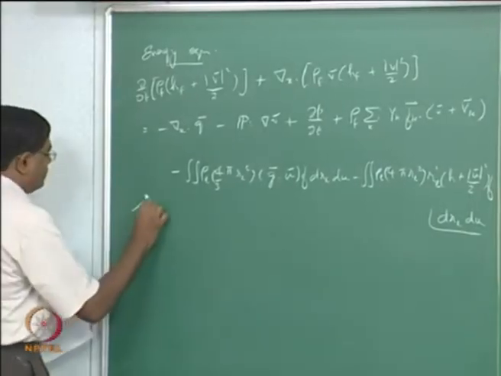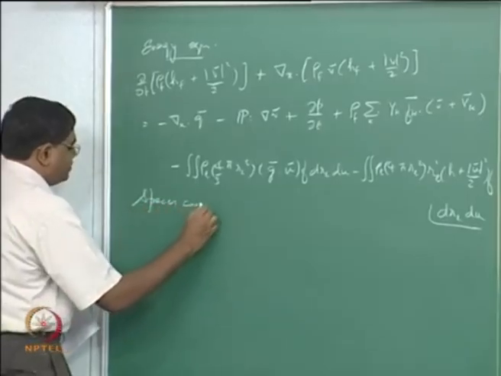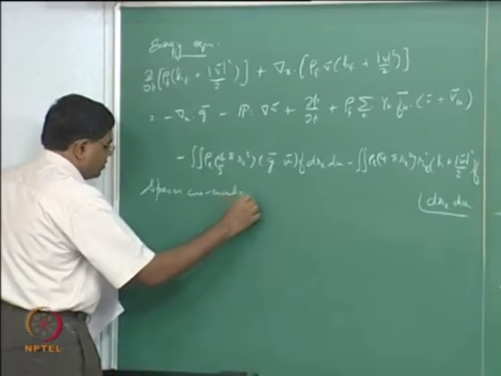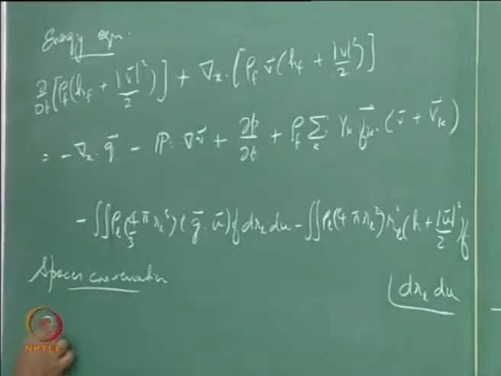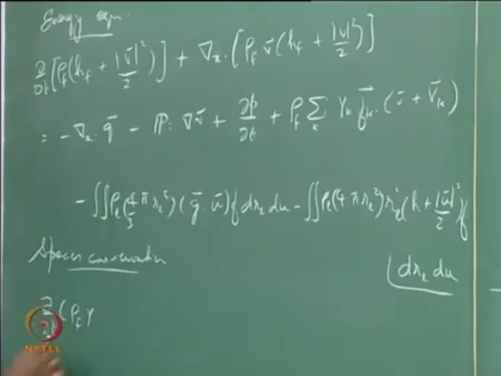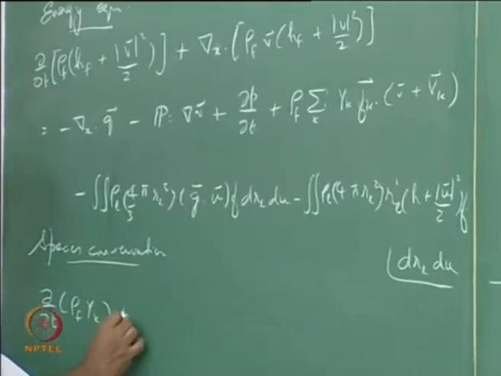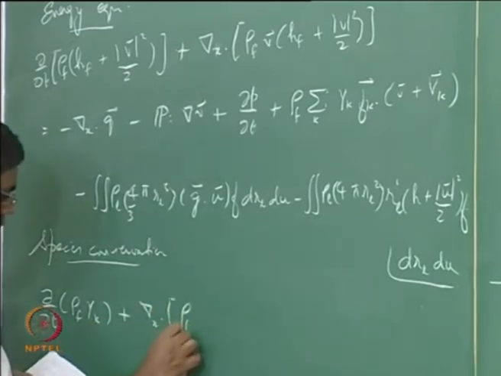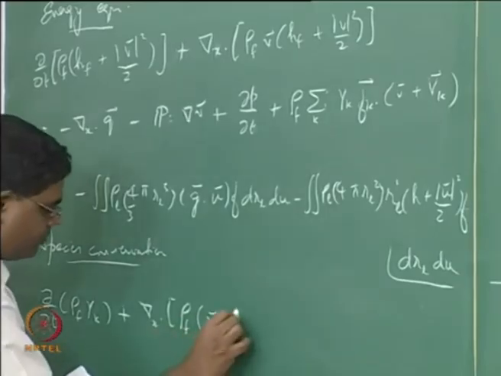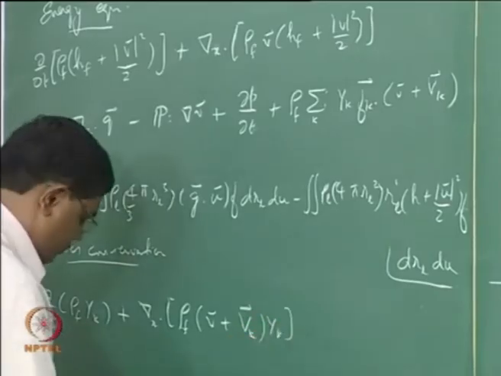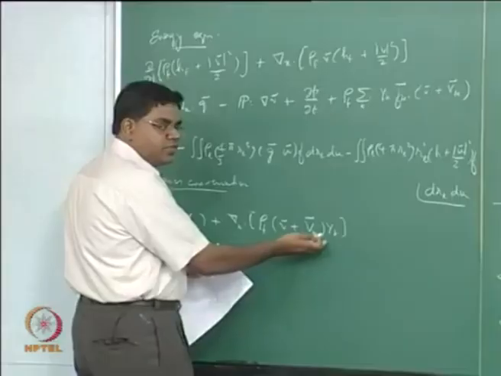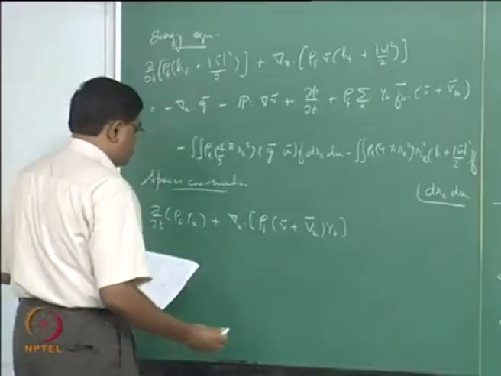And then finally we have the species conservation, which is rather straightforward. With respect to time, partial derivative of rho f Yk plus divergence with respect to x of rho f v plus capital Vk Yk. So this takes care of the diffusion mass flux, right, equal to